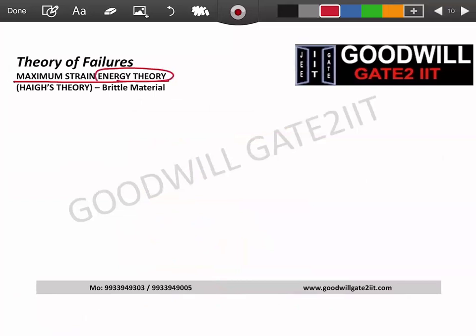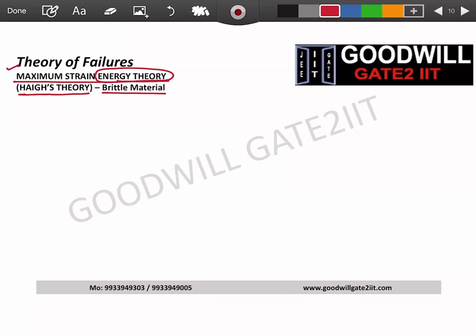Energy means square terms. Square means the graph will not be straight lines. It will be kind of curves, parabolas, kind of things. So the name is maximum strain energy theory. It is given by Haigh, so it is also known as Haigh's theory, and it is used for brittle materials. All right. Now, this theory